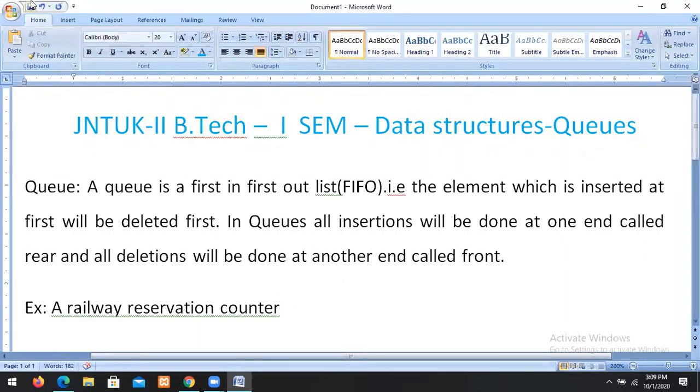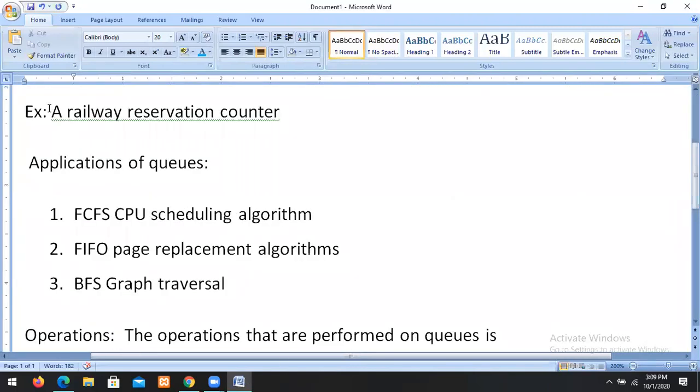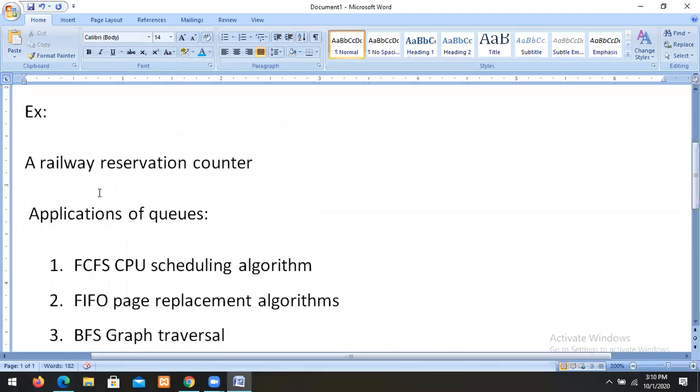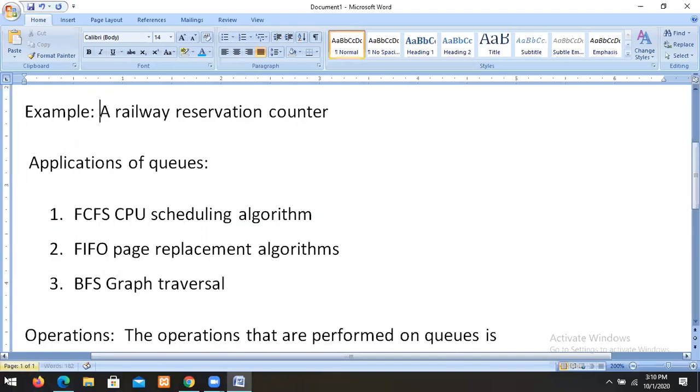So what are the applications where queues are used in computer science? There are some applications of queues. First in, first out page replacement algorithms. FCFS means first come, first serve.